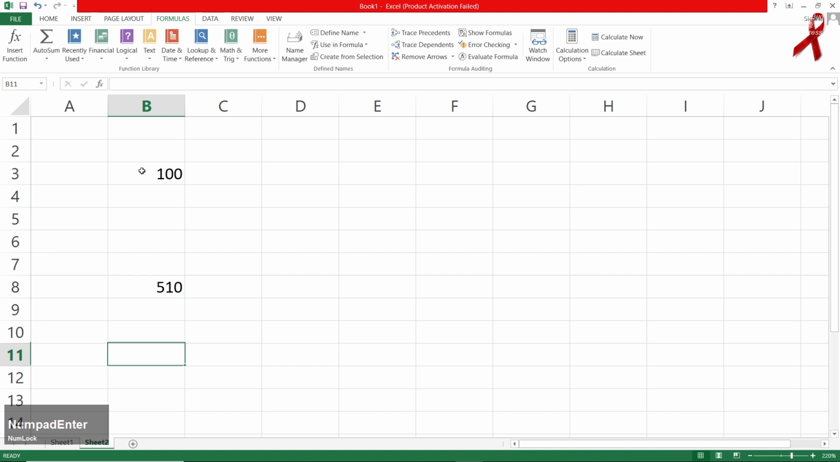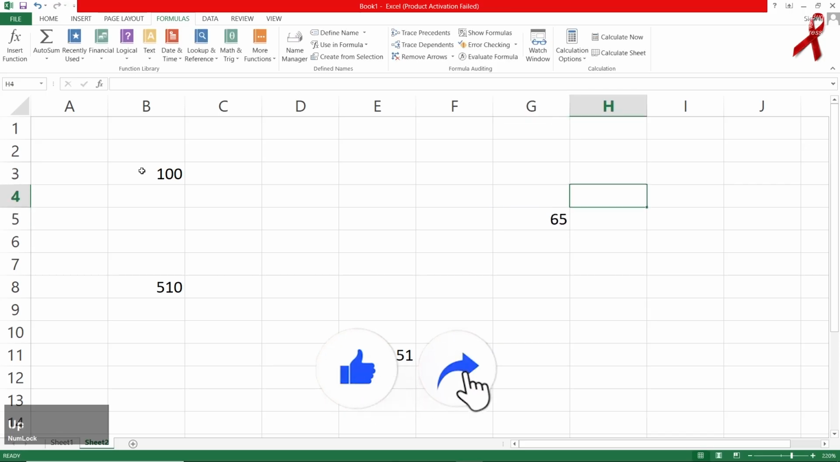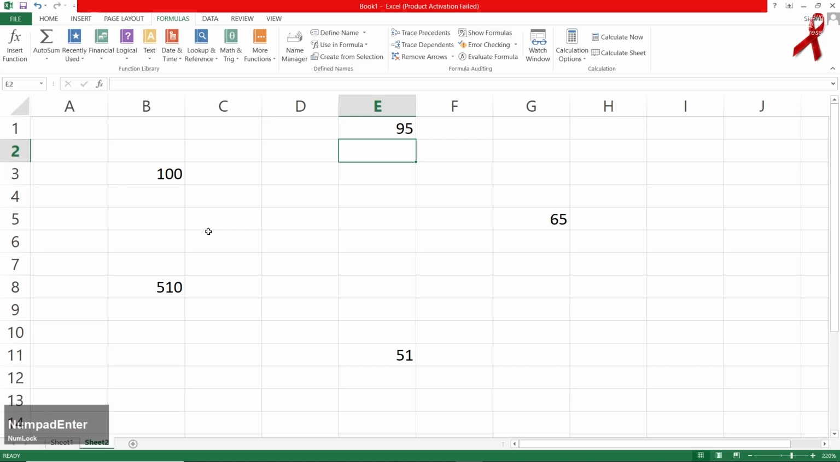Like I have typed like this. I have to be making the circle of amounts so that you can understand properly. So I have almost typed 5 of the amounts, like 95, 65, 51, 510 and 100. So what I have to do is to type the formula at the center of the amounts